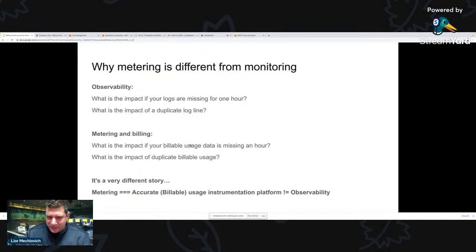But if the billable usage data is missing, that's bad, right? And again, it's not about you losing bills. It's not about losing money, which is wrong, but it's not the worst. The worst is your customer is looking at the billing data and sees missing data, or sees the wrong data there, and that's really, really bad. Okay, so different story, different systems, right? Accurate billable usage instrumentation is a very different system than observability and metrics. You cannot put your Grafana into it and look at it at the end of the month, saying, "Hey, Grafana, how much was that for this customer?" Just not the same SLAs, not the same agreements.